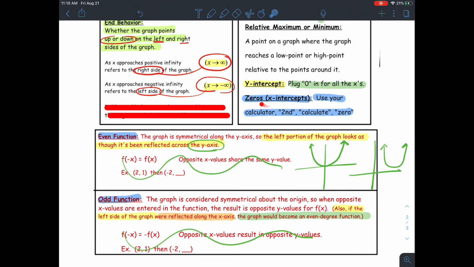Okay, again, if you are unsure at all how to calculate the zeros, the x-intercepts on a graph, or how to find the max or